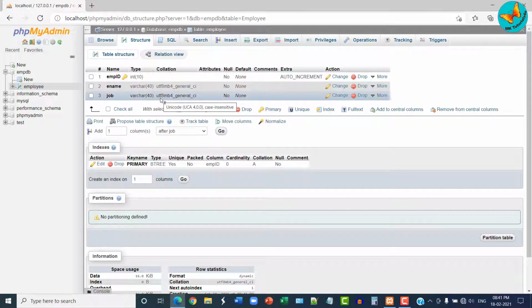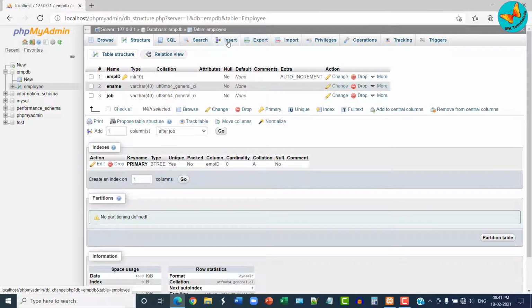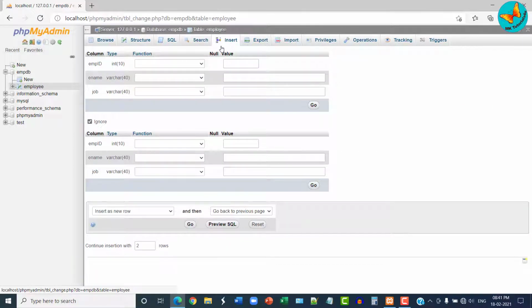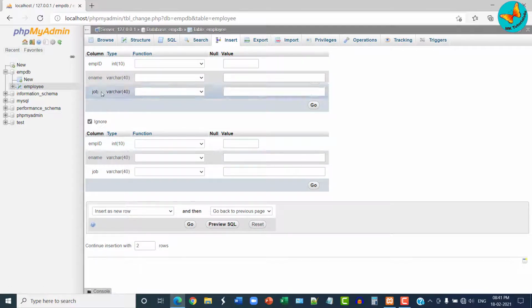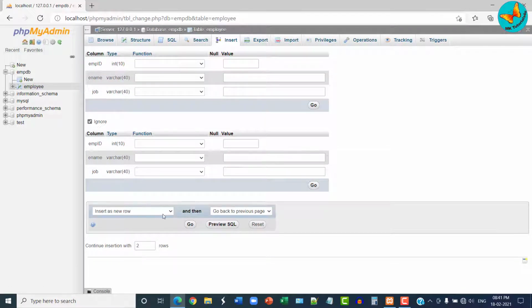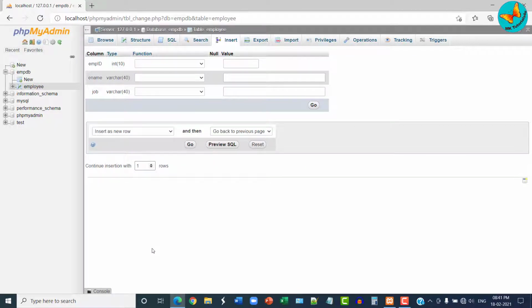Now let me insert one row within this. You can see here the insert tab, so select this insert tab. Here you can insert a new row. It is asking me how many rows I want to insert, so at the bottom I will select one row. Suppose employee ID, it will be auto incremented and by default it is the primary key, so I'll leave it.